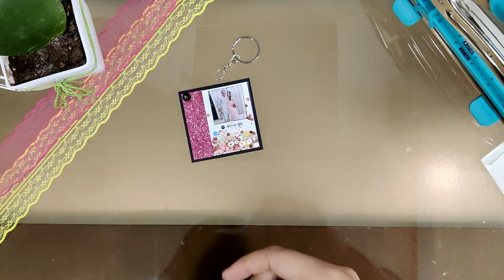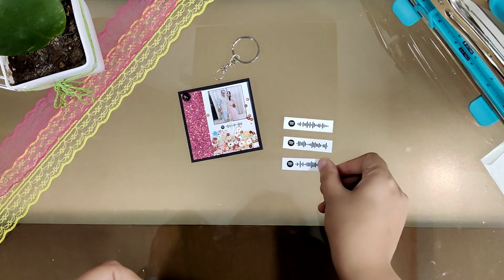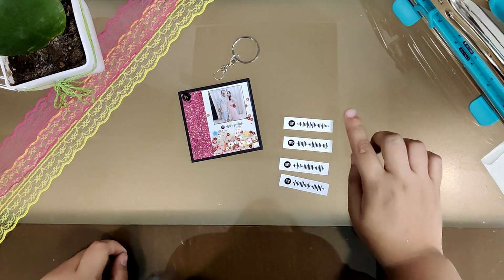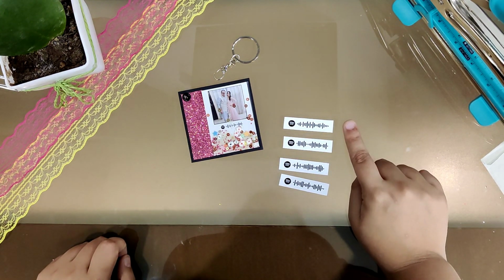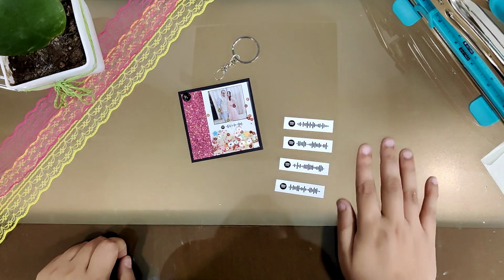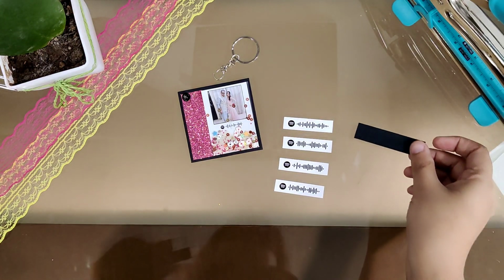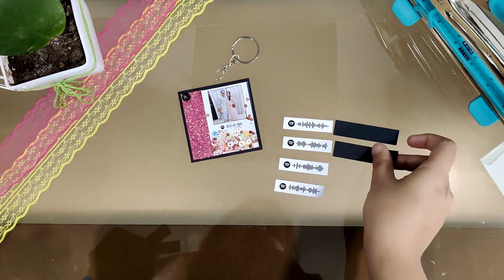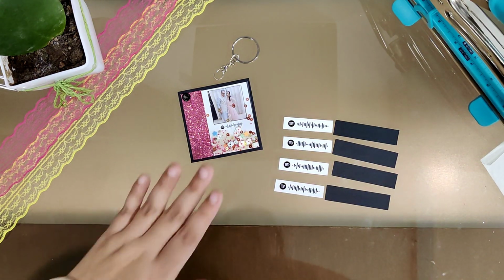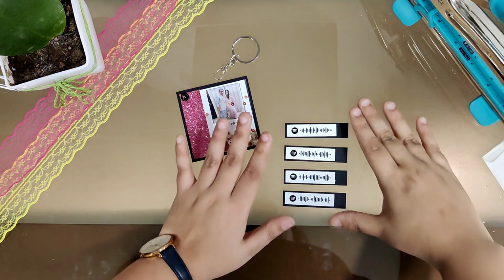part. I have taken out few printouts of different codes of different songs. So I have 4 of these with me, and these measure 2 by half an inch. Okay, all 4 of them 2 by half an inch. Now we are going to mat them all on black cardstock. So I have these mattings which measure 5 by 8 inch by 2.5 inch. And I'm going to paste these onto this. So here we have our 4 codes,